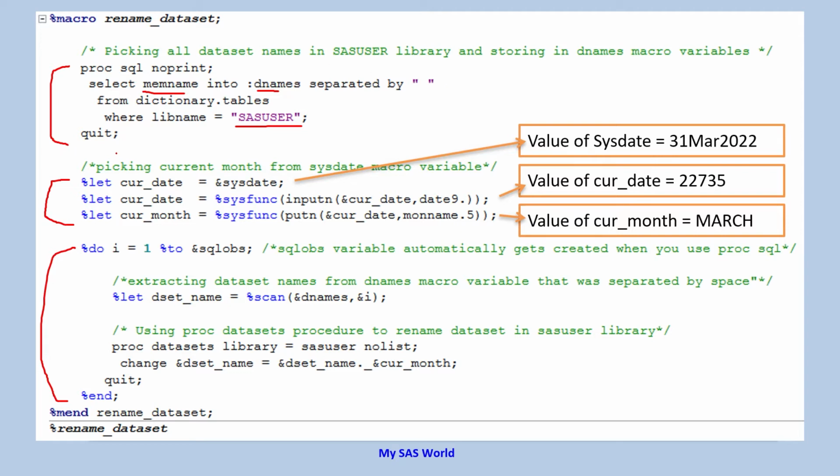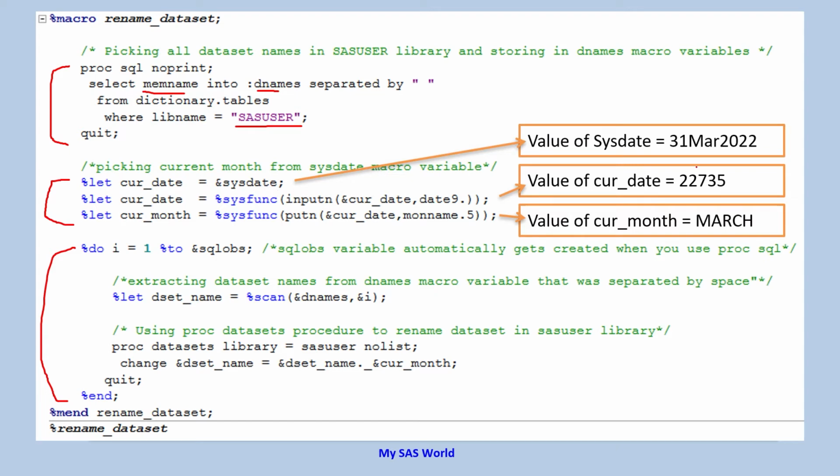From this section, we got all the dataset names present in SASUSER, and in the next section, what I am going to do is find out the current month name. So how do we achieve that? So here I am just creating a macro variable cur_date and assigning the value of sysdate. Sysdate is a macro variable that holds the system date.